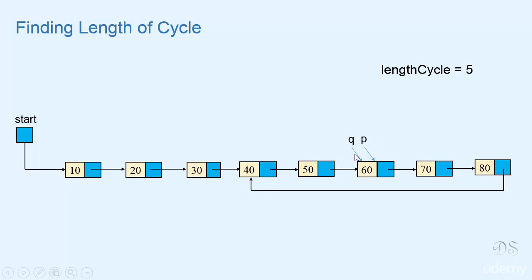So it moved 5 times before meeting P. That means the length of the cycle is 5. There are 5 nodes in this cycle. Now we'll see how we can find the length of the remaining list, that is the number of nodes that are